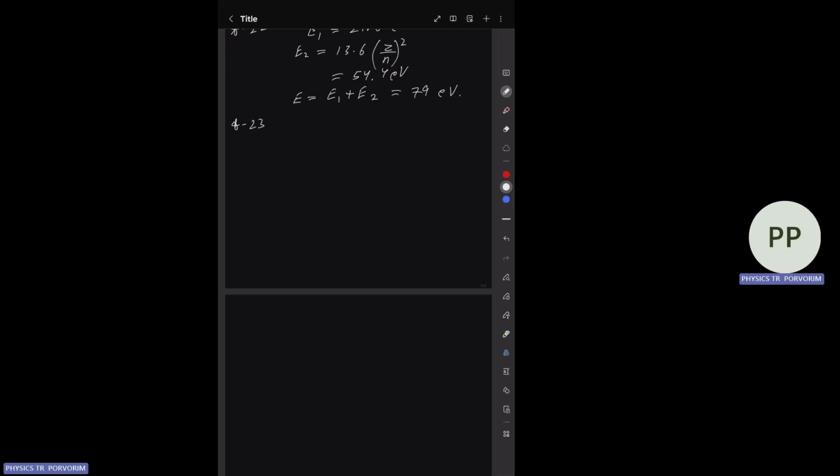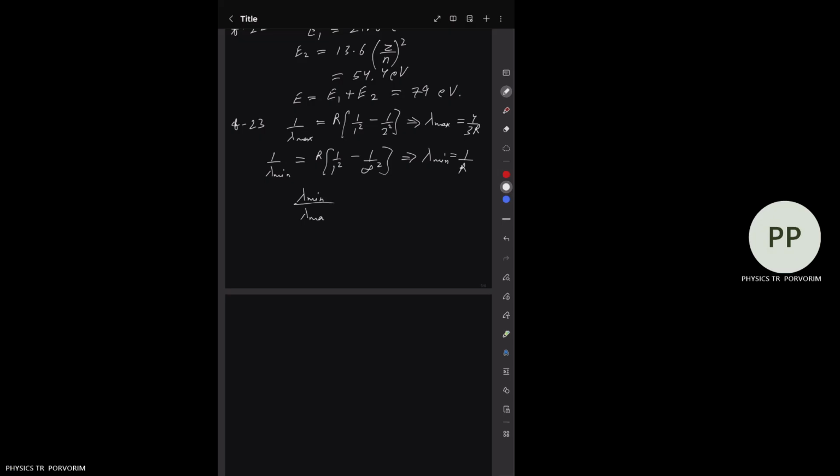Okay. So for maximum wavelength, 1/lambda max can be written as R (1/1² − 1/2²). And from here, lambda max will be 4/3R. And if we write for lambda minimum, it will be R (1/1² − 1/∞²), so lambda minimum is 1/R. When we divide both, we'll have lambda minimum by lambda maximum as 3 by 4. So x is 4. Okay. Now